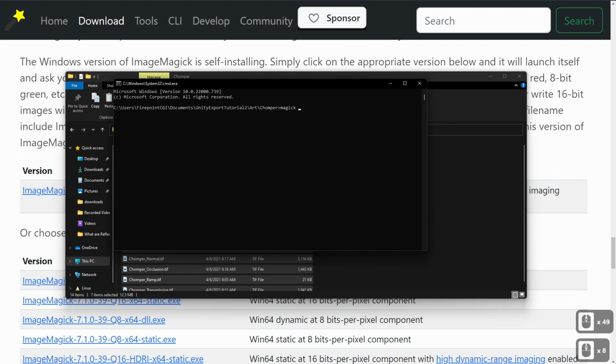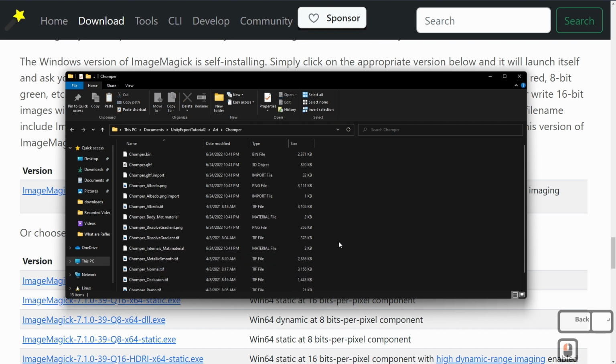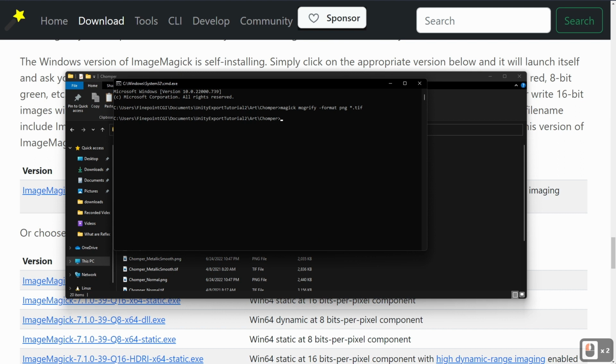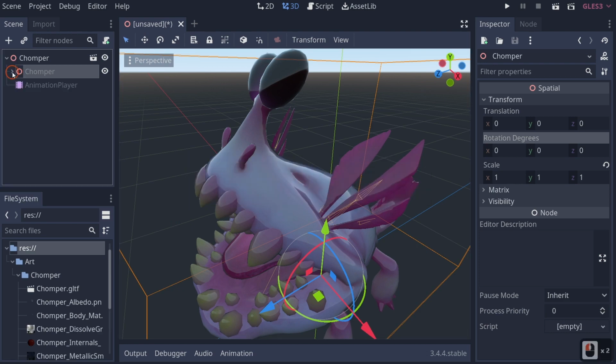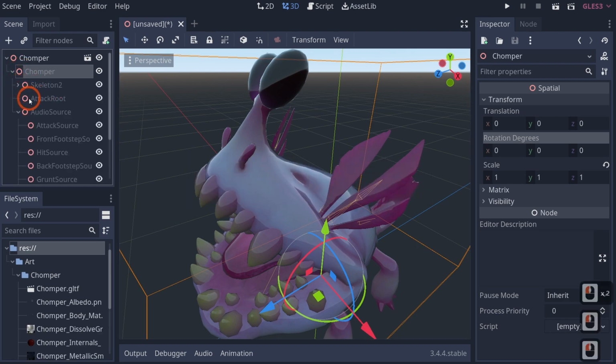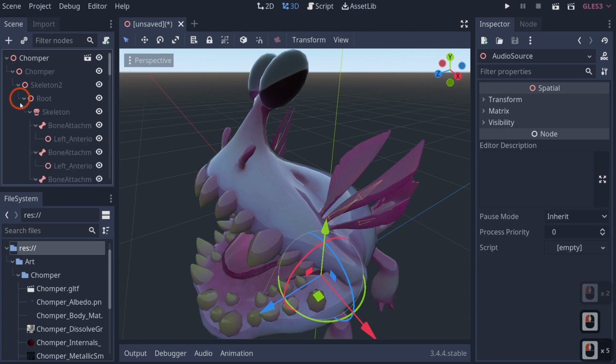And we'll type mogrify -format, and we will change the format to PNG, space, asterisk dot TIFF. We'll hit enter, and it's going to convert all of those files over for us. And it should be done already. It's pretty quick. So then we'll come over to Godot, we'll click on it, and you'll see it's going to re-import those assets. And if we come into our Chomper and we find our mesh, which I believe is under